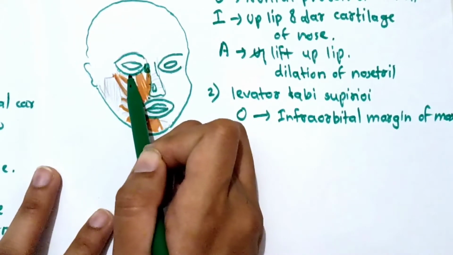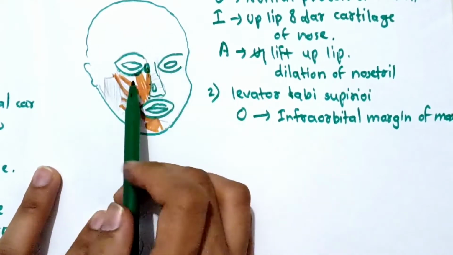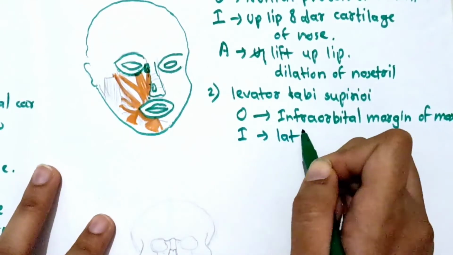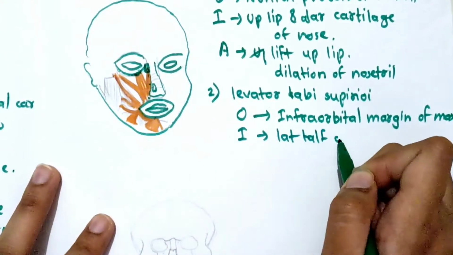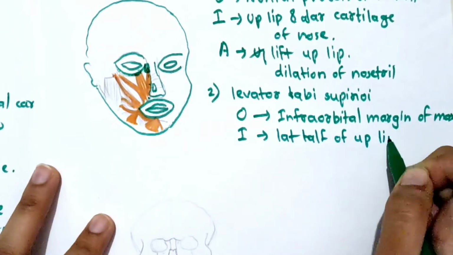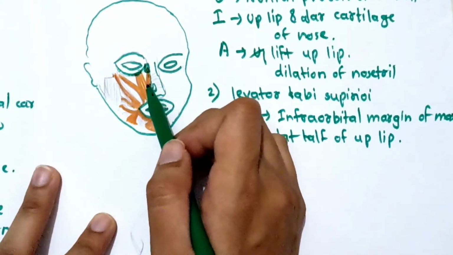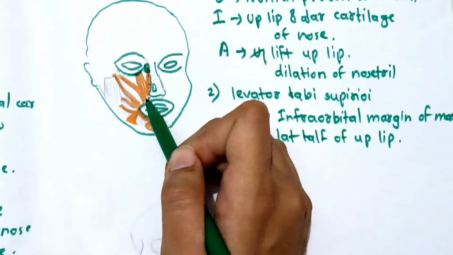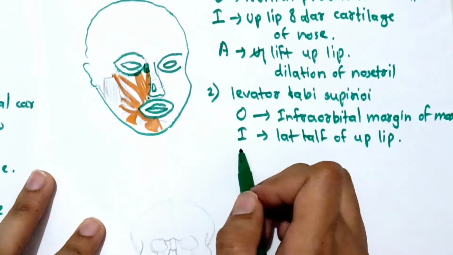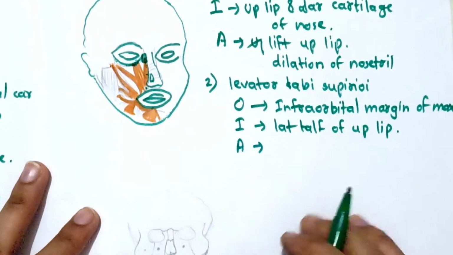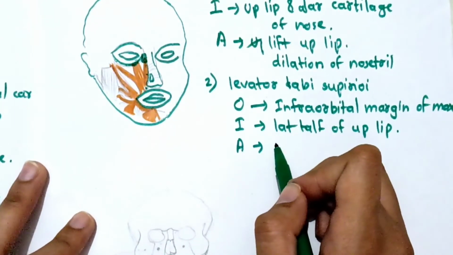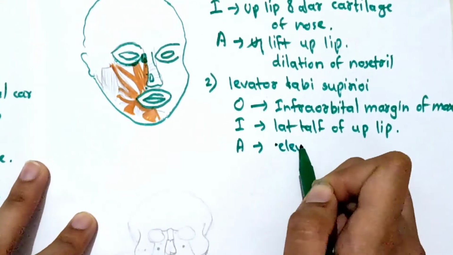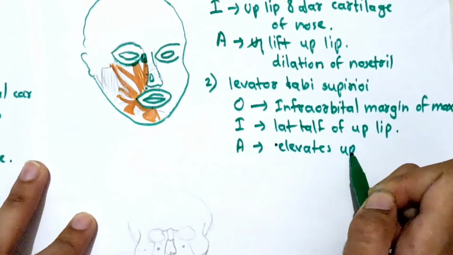So this is the infraorbital margin, and you can see this muscle is originating from infraorbital margin of maxilla, and insertion on the lateral half of upper lip. Okay, so the previous one is straight away inserting onto the mid part of upper lip. Now it has moved slightly lateral, so the lateral half of the upper lip. And what is the action? The action is again it lifts, elevates the upper lip. Okay,